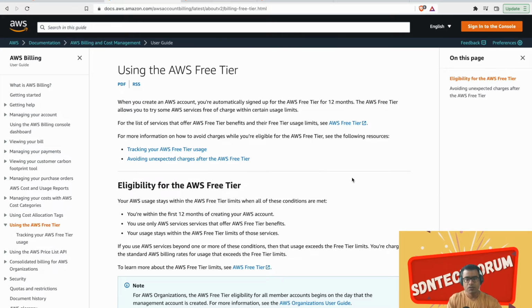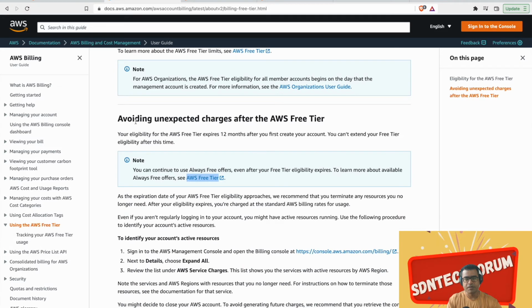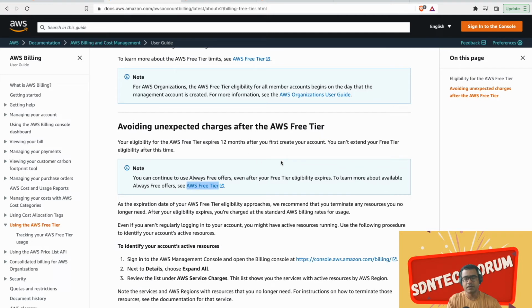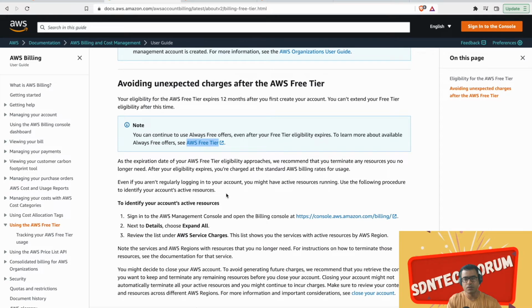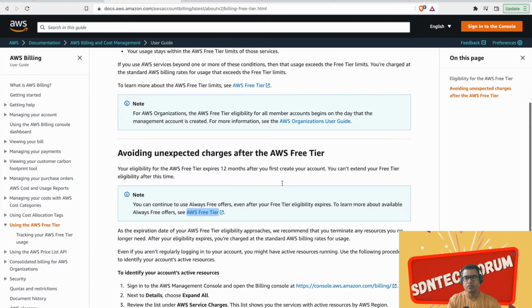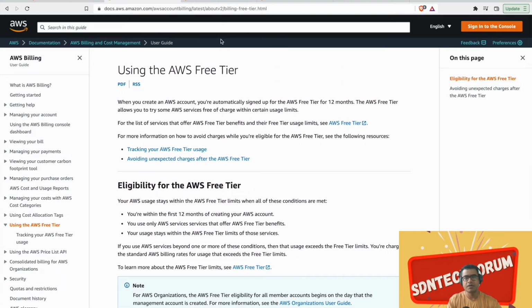All right, so how can you avoid unexpected charges? Though you are signed up for Free Tier, you still have this doubt that you may accidentally start using services for which you have to pay. So for that, once you sign up, this will be your AWS management console, like console.aws.amazon.com, and I'll show you that in a moment. You can always go there and check your billing. Here you will see all the details, what services you are using and what you're paying for that. All right, so this is the Free Tier, and now let's check what Free Tier has to offer.